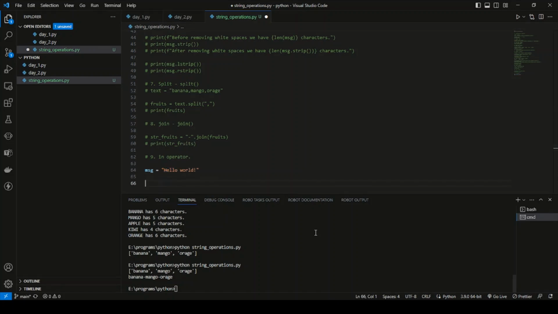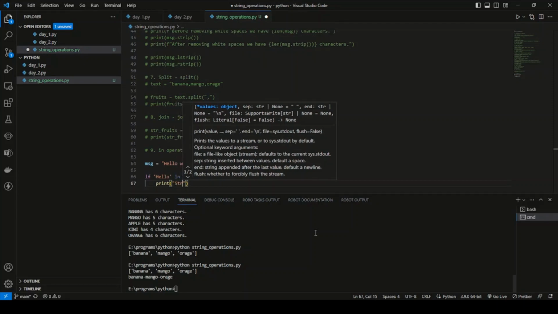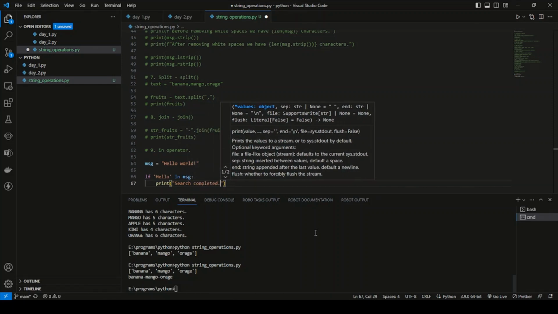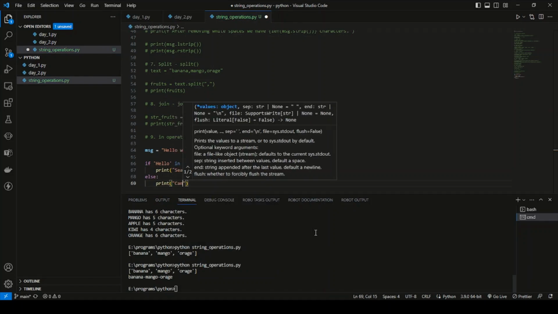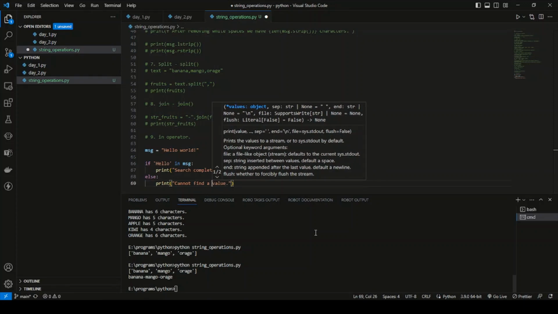So I will use if hello in message, if yes, then print search completed, else print cannot find a search value